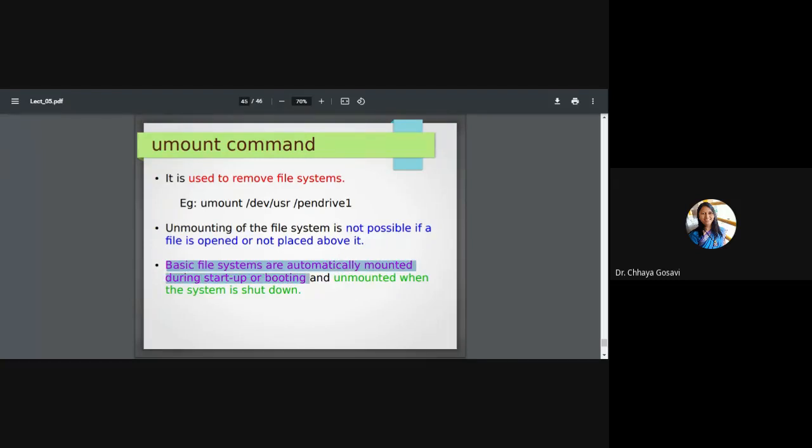So when the system is set up, this file system is loaded into main memory. It is already in backing store. So this file system is attached to the root directory, that is called mounting. And when you shut down the machine, this is unmounted. It always asks you, these files are open, do you want to close them? You need to close everything and then shut down. Otherwise, in some operating systems, whenever you open, you can get whatever copy of the files you kept open as it is.